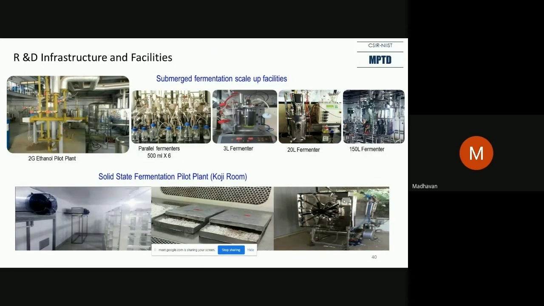Even then, our facilities are not sufficient. Companies are coming and asking for a 1,000-liter or 5,000-liter demonstration, and we are not able to show the company, so they cannot get convinced about large scale production. Because when you scale up, a lot of changes happen. For example, in solid state fermentation, you do it in a flask and you get a high product. But when you go to the 500 gram or 1 kg tray level, the entire scenario changes,